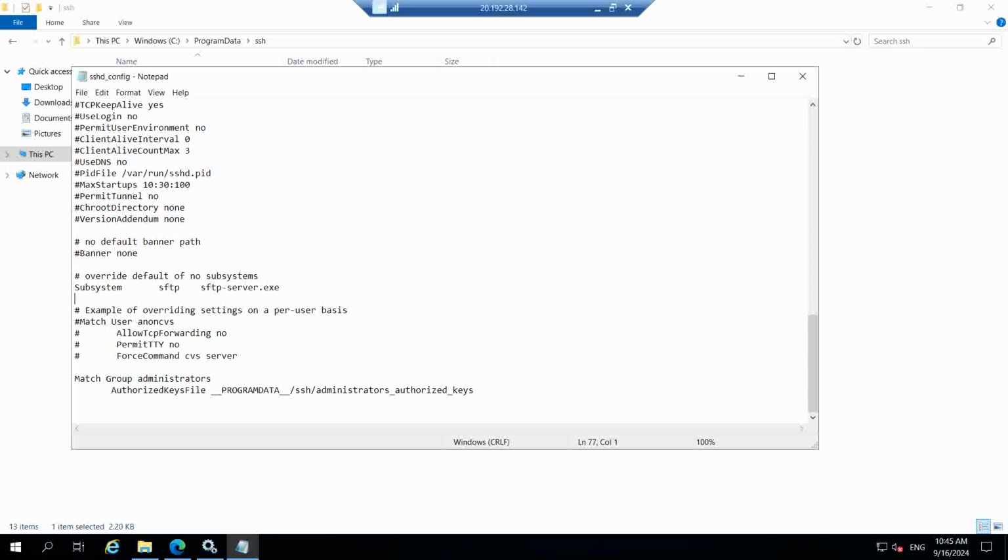Okay, so for that we have to add a line here in the Windows virtual machine under sshd_config. What that line would be: Subsystem PowerShell C colon